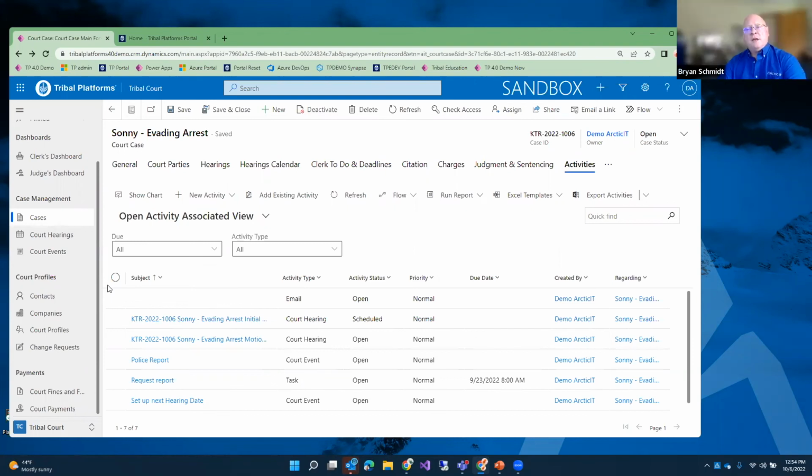All right, and the last question I see right now is asking about a cost. So we actually have a couple different aspects from a cost. One is there's a little bit of Microsoft licensing that is involved. So you pay for what's called a Microsoft Power Apps per user seat. It's relatively inexpensive, but that's a new subscription that you pay to Microsoft. And then there's a subscription cost for the tribal court solution that is both for the application itself and the support that goes along with it.